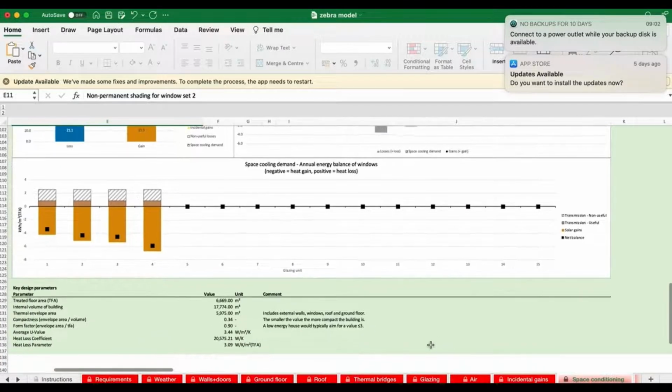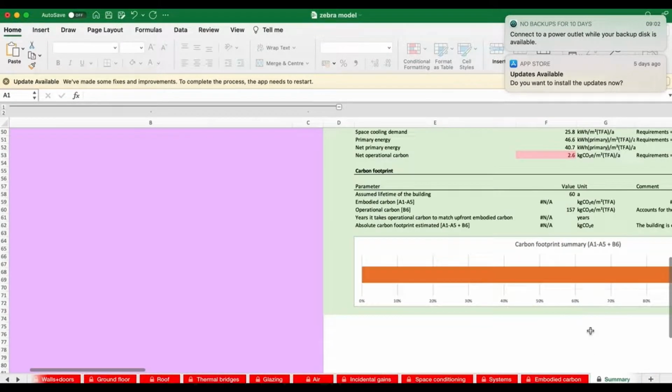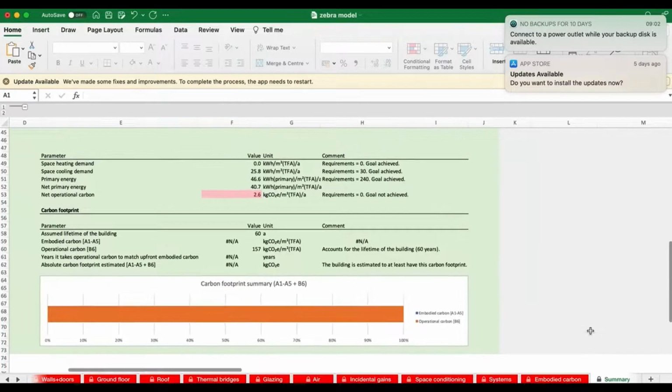Now, there's a lot more detail in the Word document that you may wish to study, but I'm quickly going to look at one situation. So we return very quickly to the summary, and our building has a cooling demand of 25.8 kilowatt hours per meter squared of treated floor area per annum.